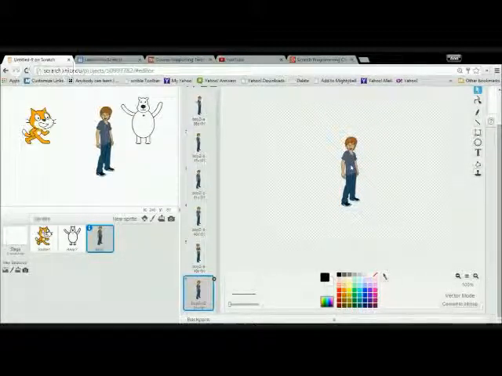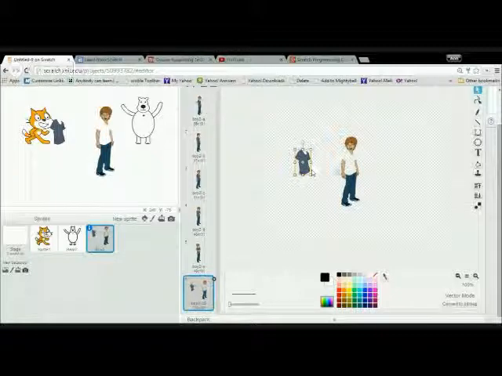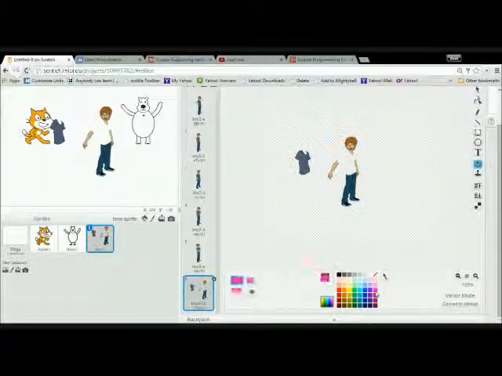And this time when I ungrouped, it's ungrouped, but it's kind of like parts of it. I can do the rotating in that, but I've got to be a little bit careful here. It's a little tricky. But one thing about this too is I can do some things. For example, I can recolor sections of this. So if I want to recolor the shirt, I can. If I want to recolor